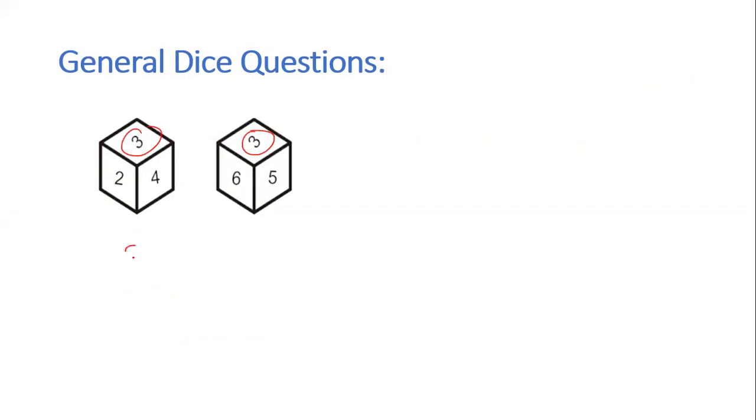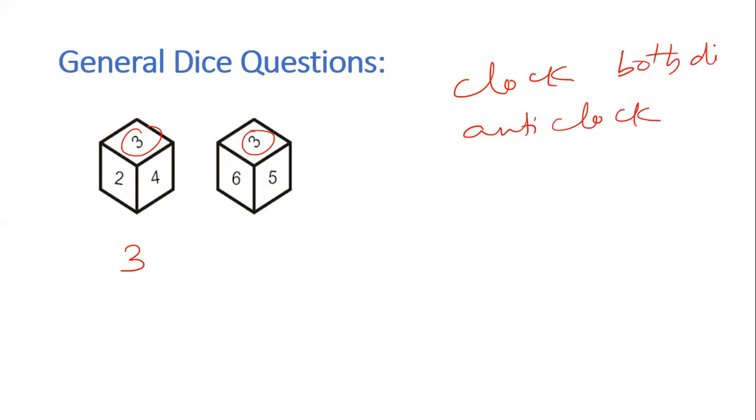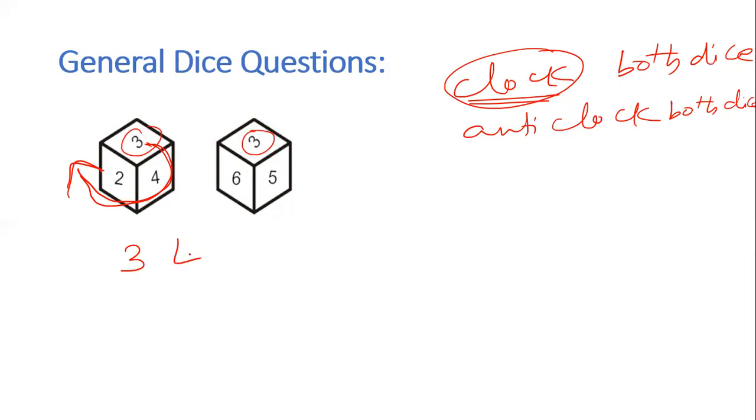In this dice, take the common element, and write the other numbers in either clockwise or anti-clockwise direction. You can go clockwise or anti-clockwise, but whichever you follow, you have to follow the same thing in both dice. You cannot do clockwise in one dice and anti-clockwise in the other dice. Suppose I follow clockwise direction, I have to follow the same thing in the other dice also. Now let us follow clockwise direction. So from 3, if I write in clockwise, this is called clockwise direction, right? The direction in which the hands of the clock move is called clockwise direction. So 3, 4, 2. I have to write the numbers in clockwise.